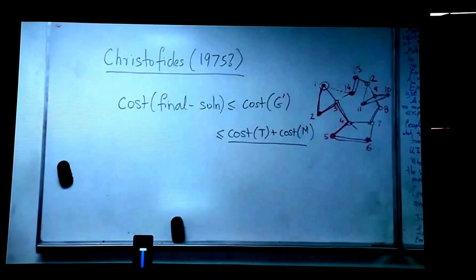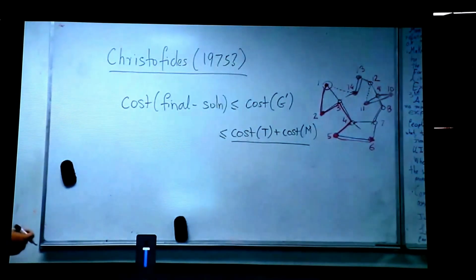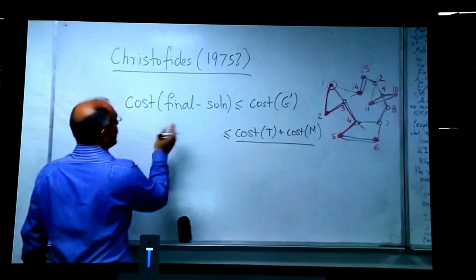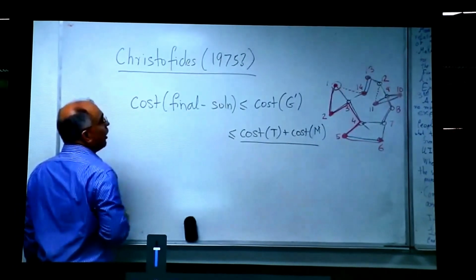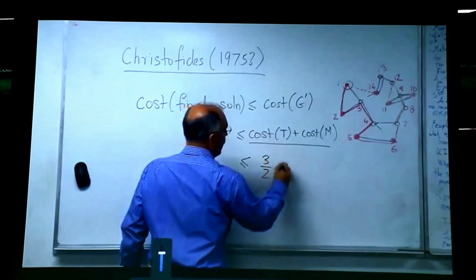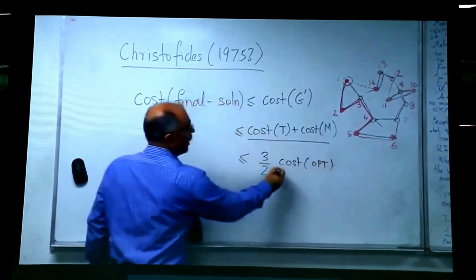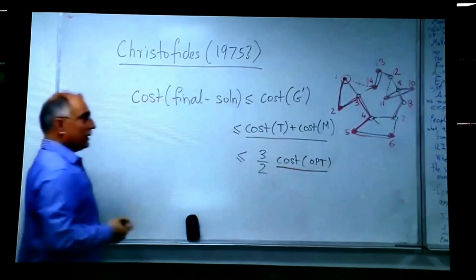Optimum solution. We don't know that yet. Okay. So how are we going to prove? So what is our goal? Our goal is to prove that the cost of this final solution does not exceed 1.5 times the cost of an optimum solution, right? And in general, we have no idea what this optimum solution is because that's the part